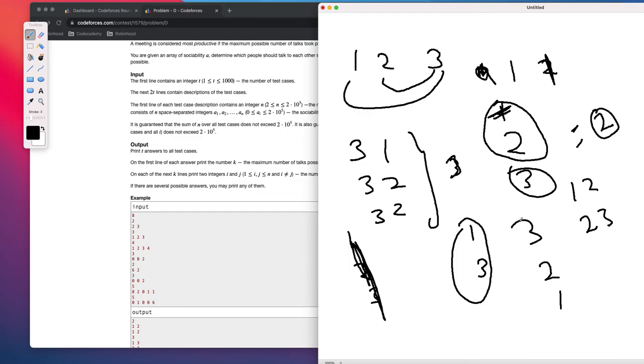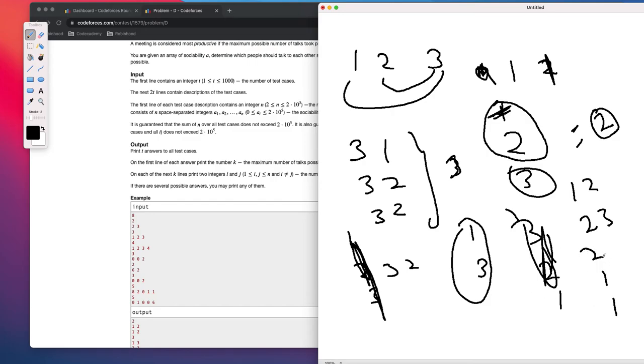So then I used to take the top two people from the priority queue, and I used to make them talk to each other. So the answer would be 3 2 1s, and then I used to subtract 1 from them and insert both of them again in the priority queue if their count is not 0. So now my priority queue looks like this: this becomes 2, this becomes 1, this becomes 1.